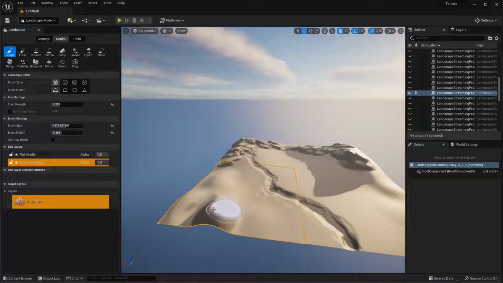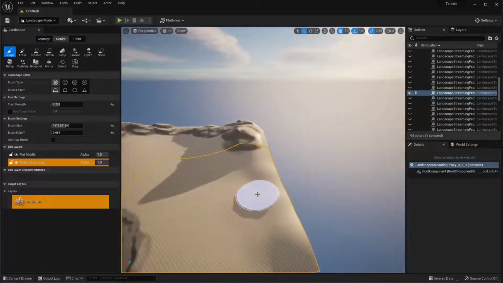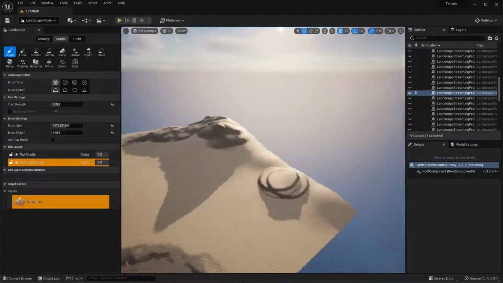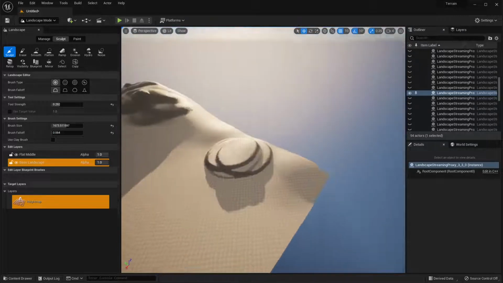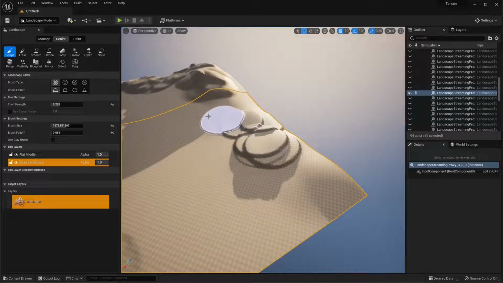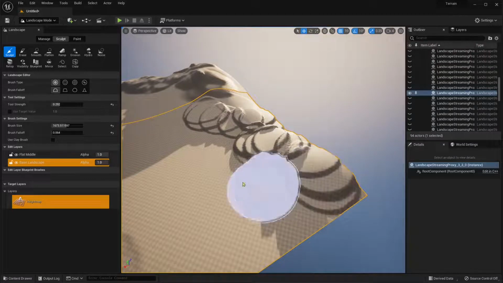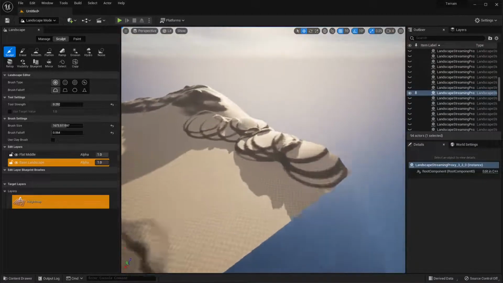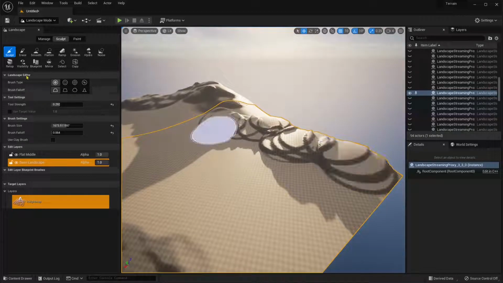And also falloff is really important. If you have a really low falloff, it's gonna create straight edged surfaces like that. Now, if you want to do things like that, like to create a canyon or some really strange thing in the surface, you can also fix that by using the